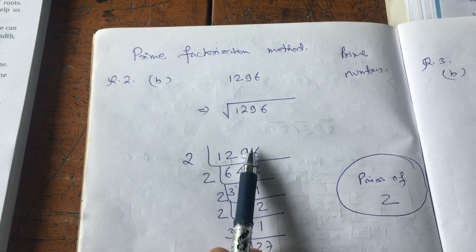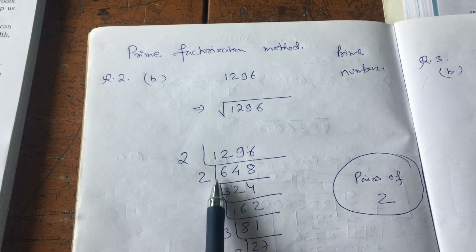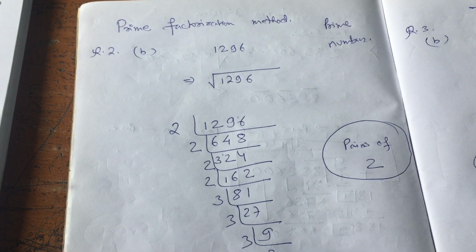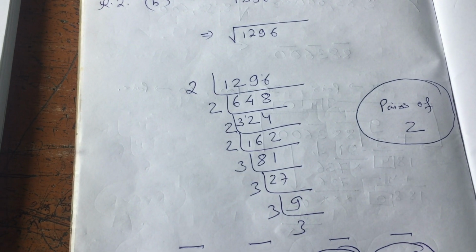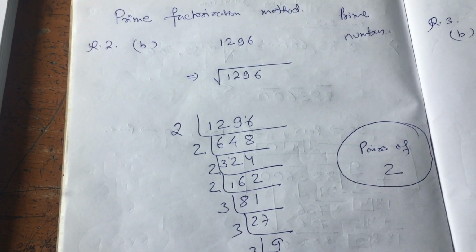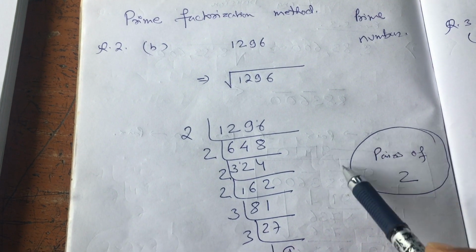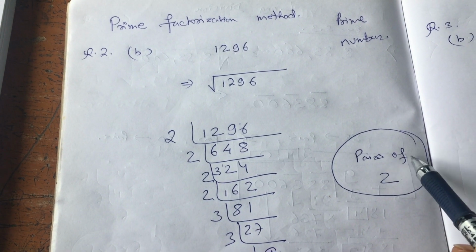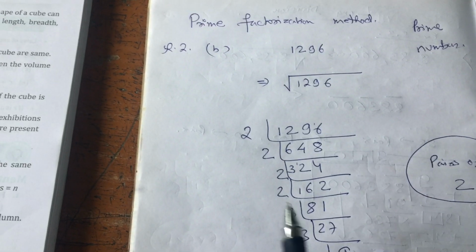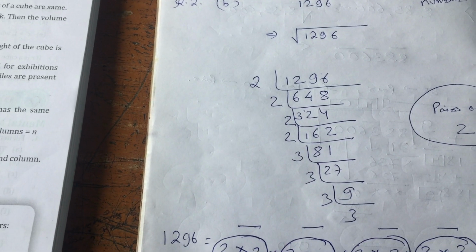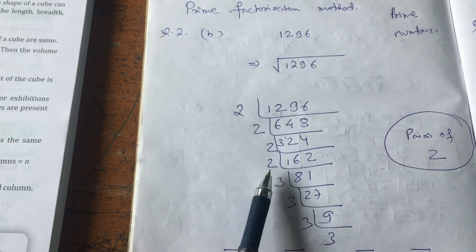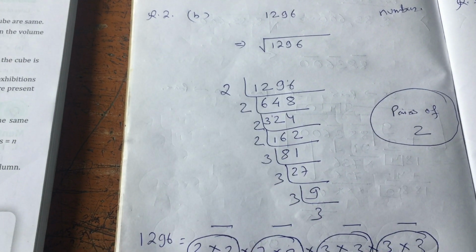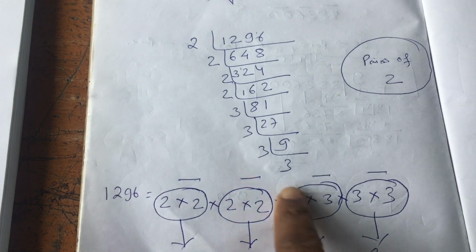So 1 gets carried out here, and so 2 8s are 16. So this I don't need to teach you in a new way, because you all have done it plenty of times in the school, in the class, as well as your home. Now the only interesting thing is, I have already mentioned in a circle pairs of 2. So after you get all the prime numbers, you write all the prime numbers and make it into pairs. Say for 2 into 2 into 2 into 2 into 3 into 3 into 3 into 3, I write it and make it circled into pairs.